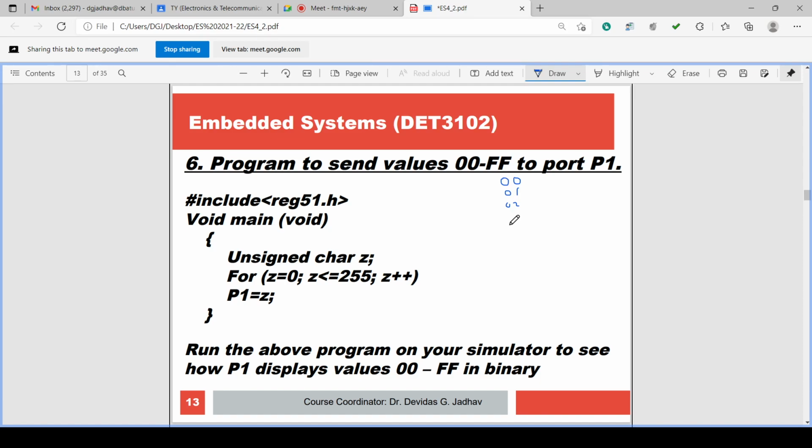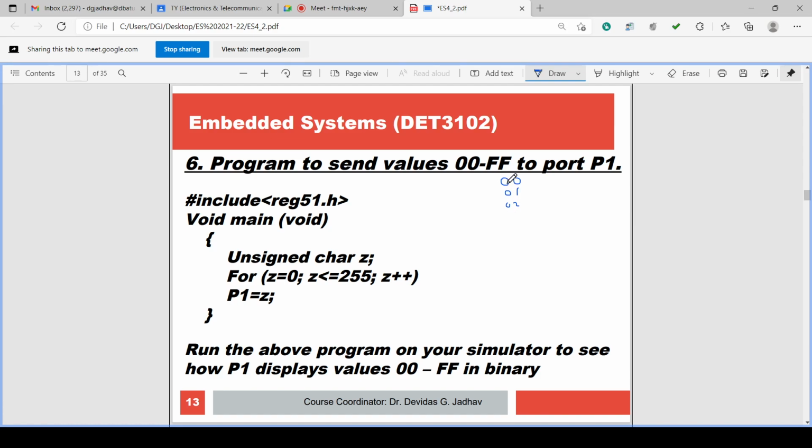Next 4 pins 0 volt, 0 volt, 0 volt, 5 volt. So the first 7 pins will be 0 volt, but the last pin, the LSB, will be 5 volt because it is hex number 01H.